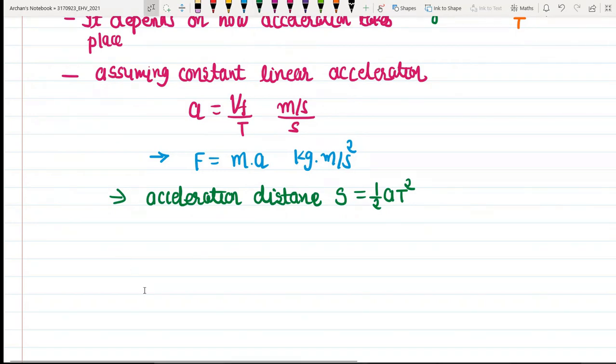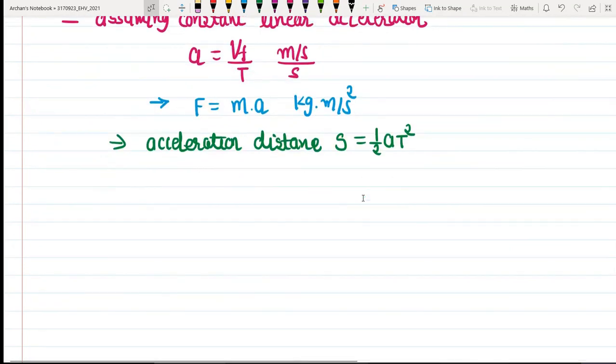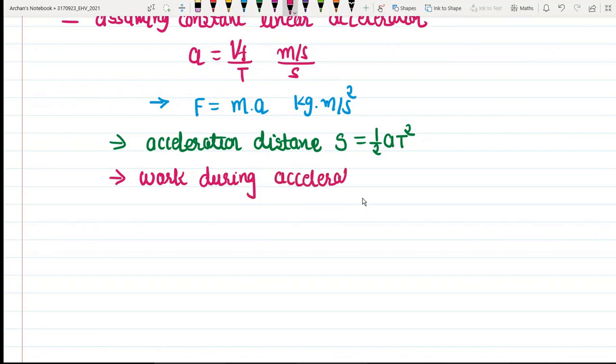This is the amount of distance covered by the vehicle, and during this, what will be the amount of work done during this duration? The work done during acceleration is given by acceleration force